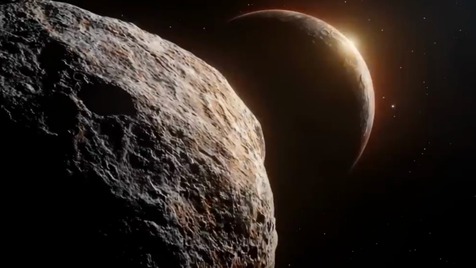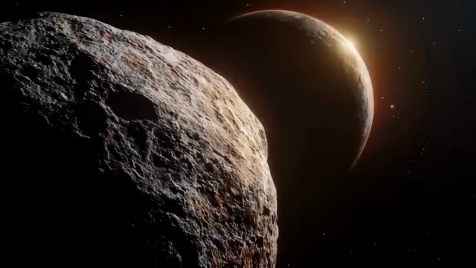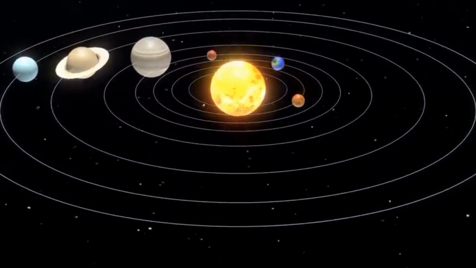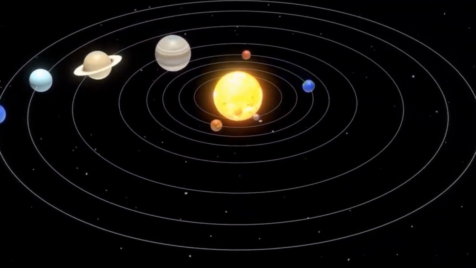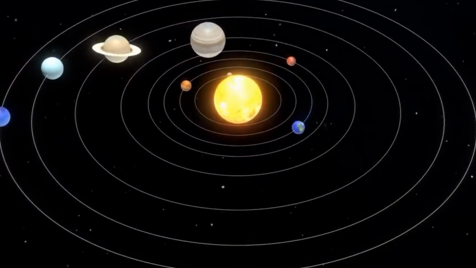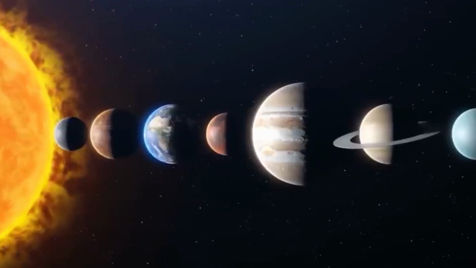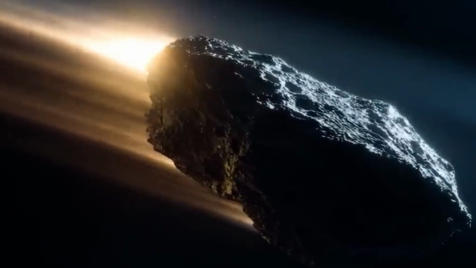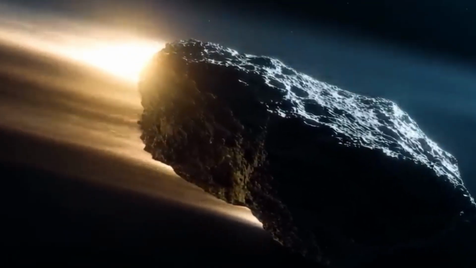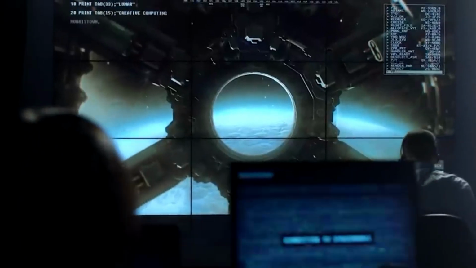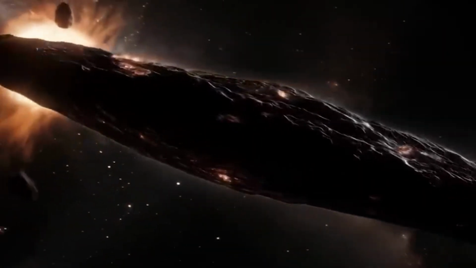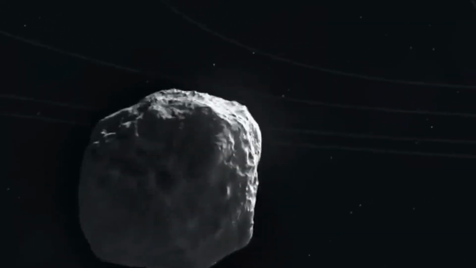The deviation was subtle at first, a few hundred kilometers off the mark, but as 3I Atlas drew closer to the Sun, the effect became pronounced. We're talking about a change in velocity that, when integrated over the vast distances of space, translates to a significant alteration of its path. It's like watching a billiard ball roll across a table, perfectly predictable, until suddenly a tiny, invisible jet of air nudges it just enough to miss the pocket entirely. That invisible jet of air, in the case of a comet, is almost always sublimation.